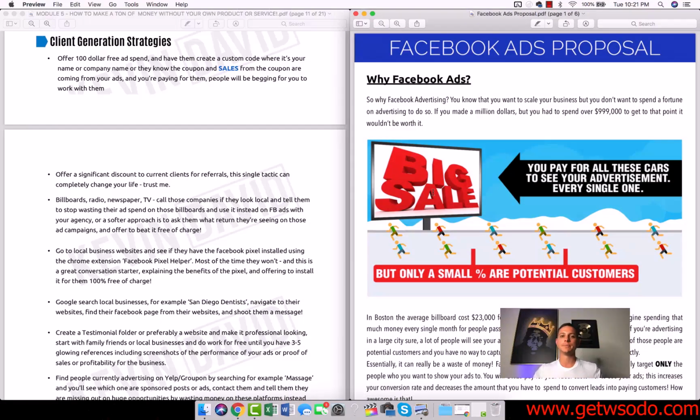Right, so use this template. Take what you like from it. You can literally copy it exactly and just change out your name and email address and things like that, and your own personal results. And it's worked for us really well. Clients like having something tangible, and using a Facebook ads proposal similar to this will give that a little bit more professional feel, and it's going to work for you guys in a fantastic way. So I hope you guys enjoyed this one, and let's get to the next.